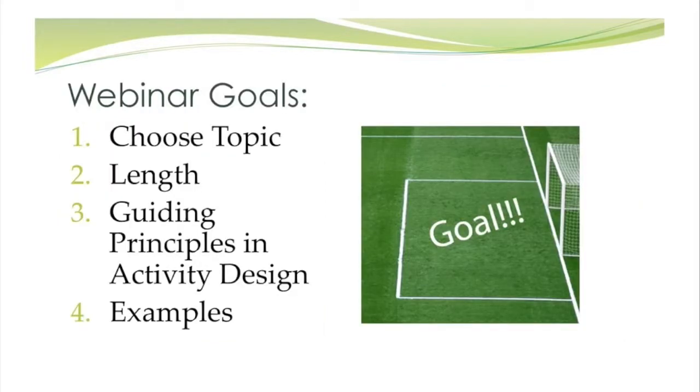So what are we able to do today? In 20 minutes, we felt like we would go through, firstly, how to choose an appropriate topic. Like Elizabeth said, some things are easier to flip than others. I frequently hear, I have too much content to flip. And actually, our experience is that those subjects that have a lot of content are highly appropriate for an engaging active learning activity. And then we're going to secondly talk a little bit about how long the activity can be,